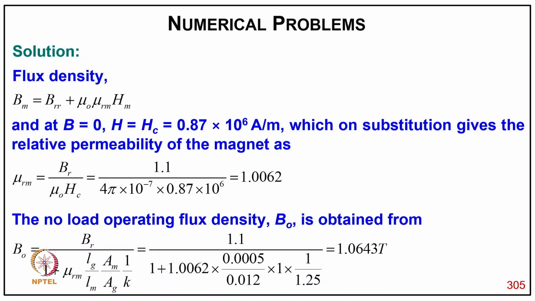At B equal to 0, H equals Hc equal to 0.87 into 10 power 6 ampere per meter, which on substitution gives the relative permeability of the magnet as mu Rm equal to Br upon mu 0 Hc. Putting values, it comes 1.0062, and the no load operating flux density B0 is obtained from B0 equal to Br upon 1 plus mu Rm Lg Am divided by Lm Ag K. Putting values, it comes